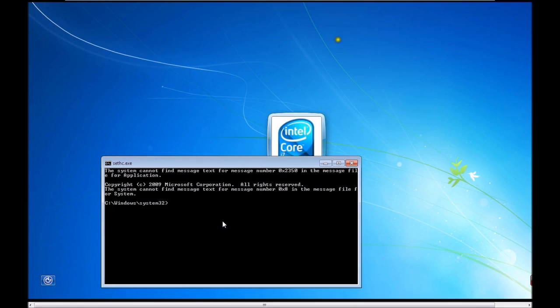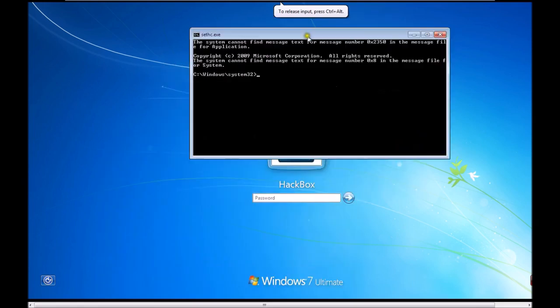Here we just need to fire some commands to bypass the login. You have to notice what the username is: Hackbox. Here we fire one command: net user, then the username, that is Hackbox, space and asterisk.